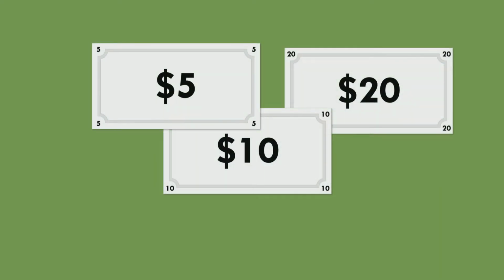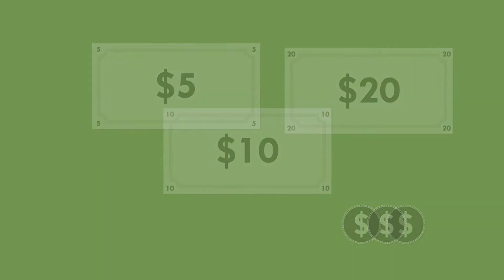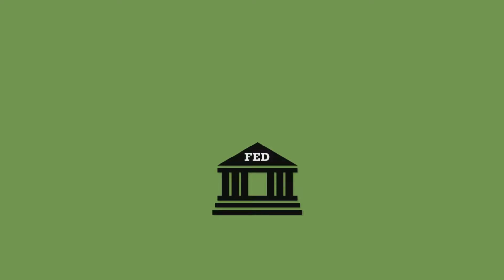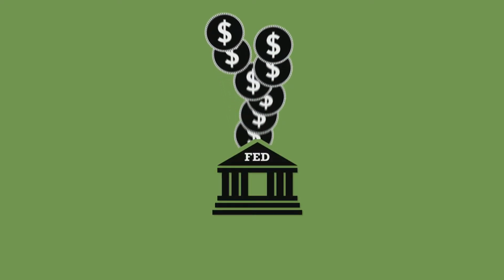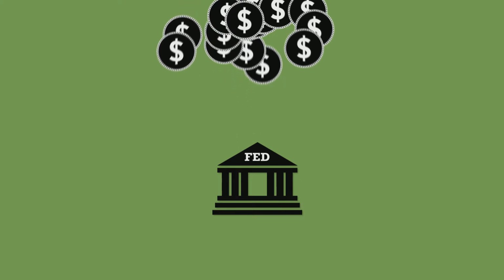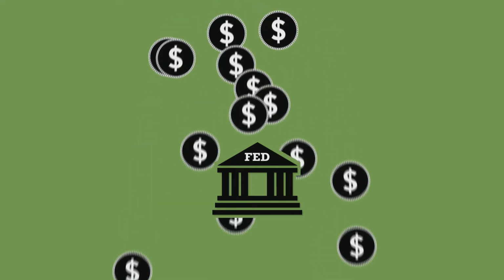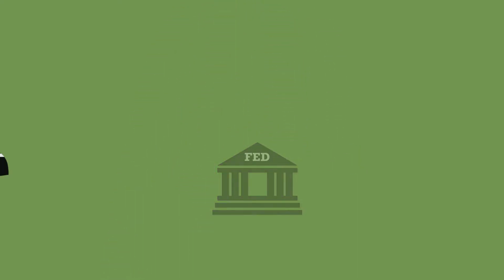The $1, $5, $10, and $20 bills and coins that most of us have in our wallets. As you probably know, only the government, via the Treasury Mint and the Federal Reserve, is allowed to create these. If you try to make your own at home, pretty soon you'll have the police kicking down your door at